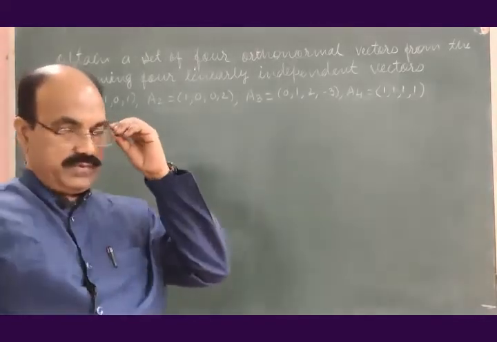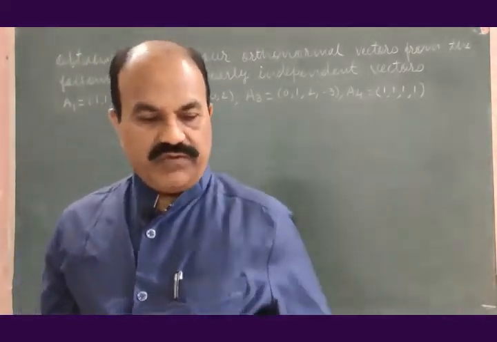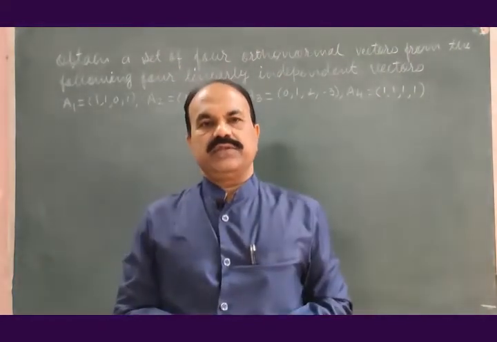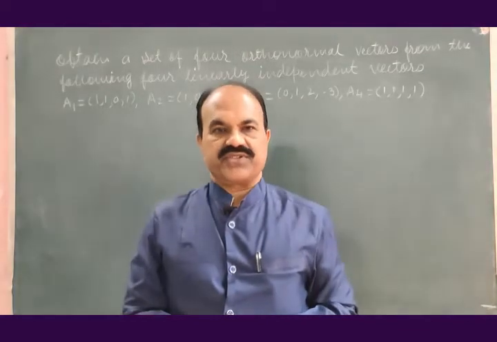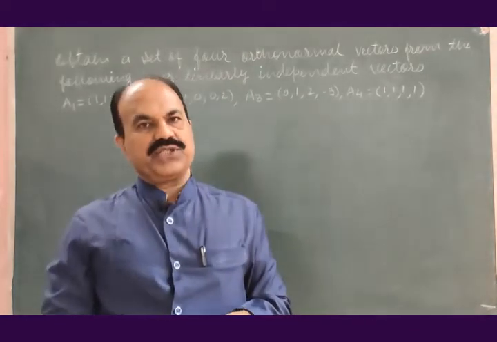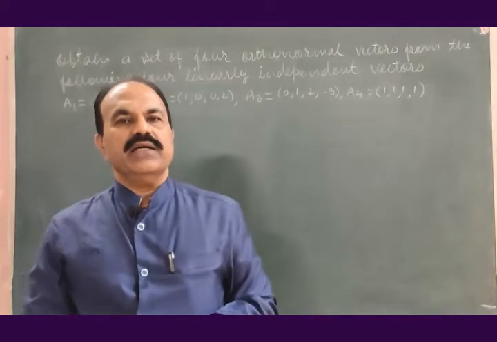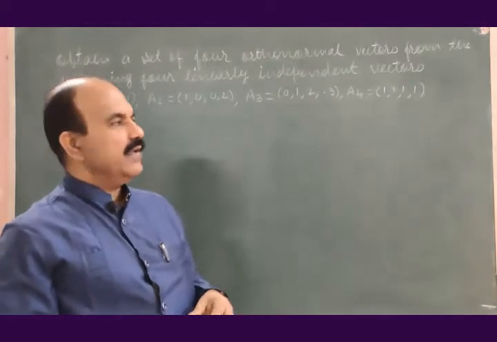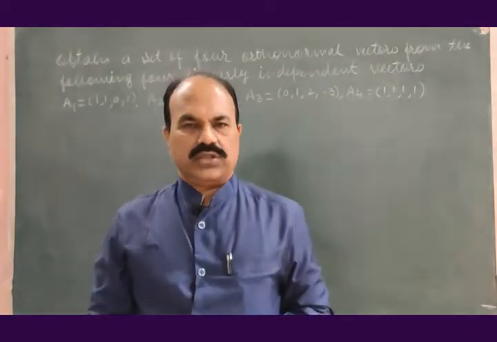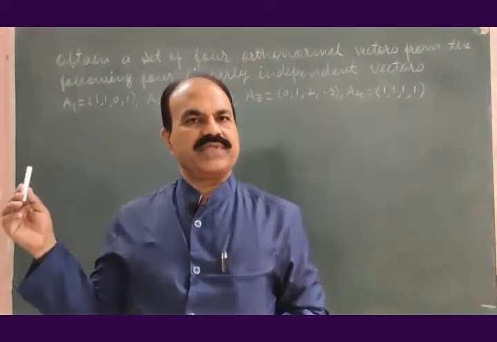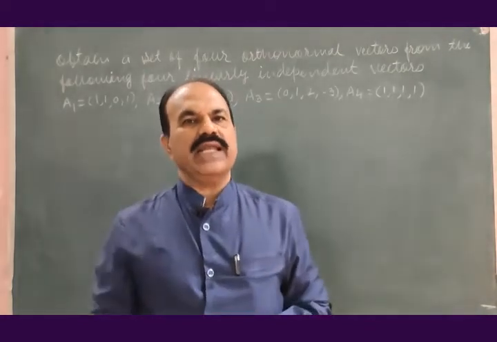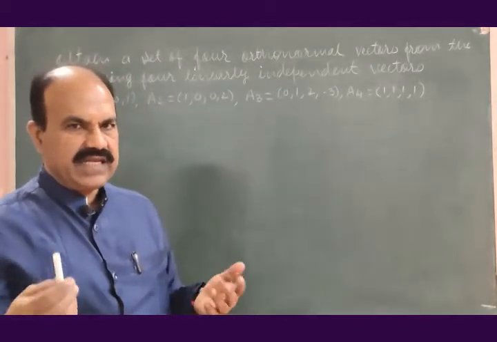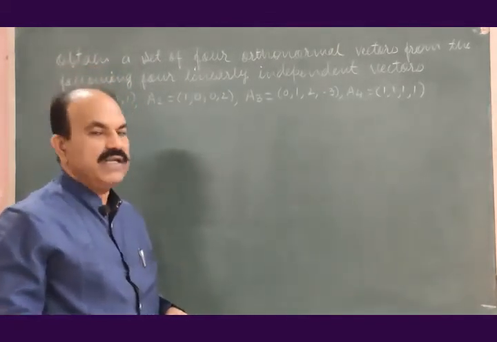Let us try to solve this problem so that we will get the set of 4 orthonormal vectors, and for this we shall use Gram-Schmidt method of orthonormalization. In the flow of talk, sometimes I may put some number wrongly. Remind me so that it will be corrected. This happens sometimes. Let us go to the solution.